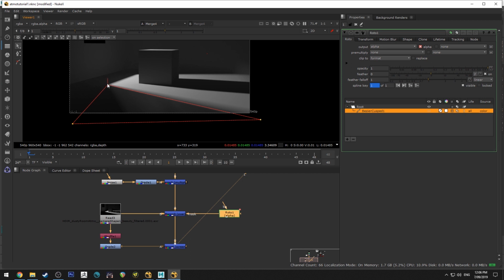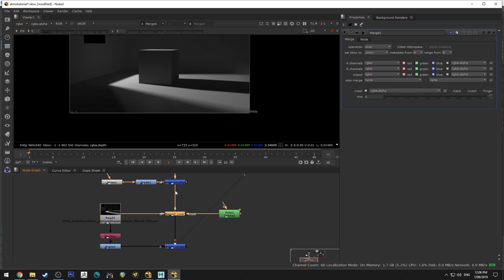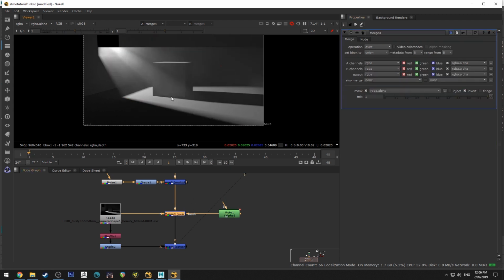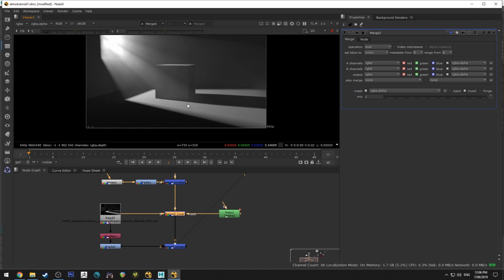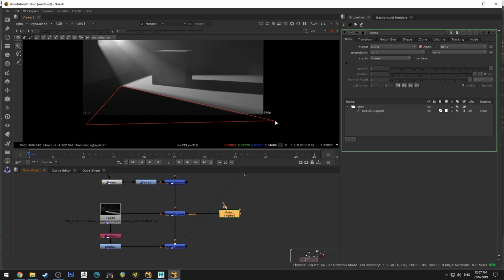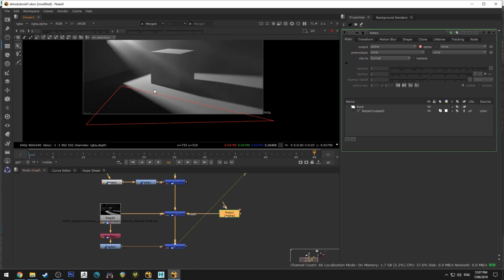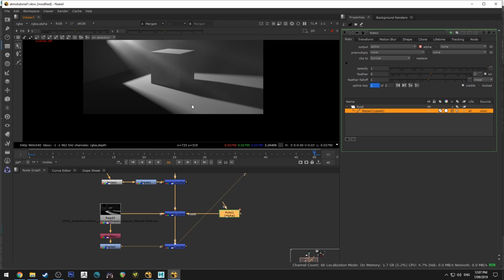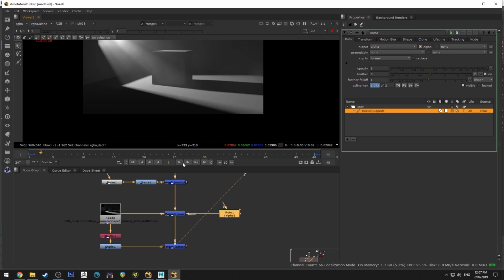And so basically what we're doing is we're masking off the area where we don't want this to fall. We don't want the light to fall outside of the highlight, so we're just going to invert that. So now you can see that's working nicely. We will need to key our roto, because obviously it's not going to be the same once it gets to there. So on frame 48, just going to move that there and move that there, and just hit Q. So now when we run through the animation,